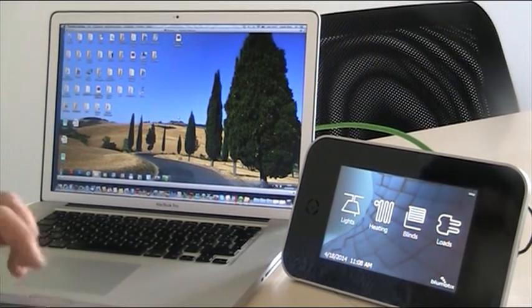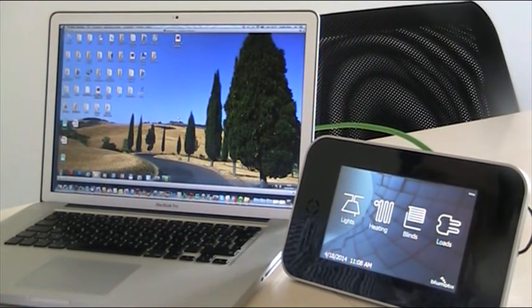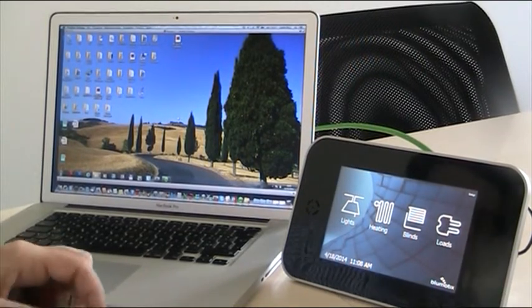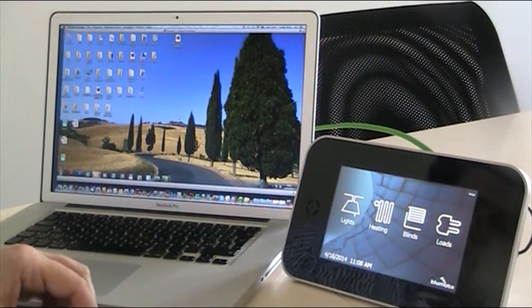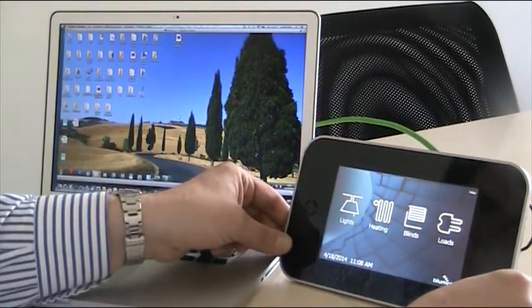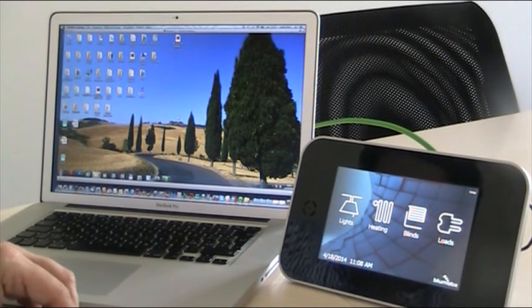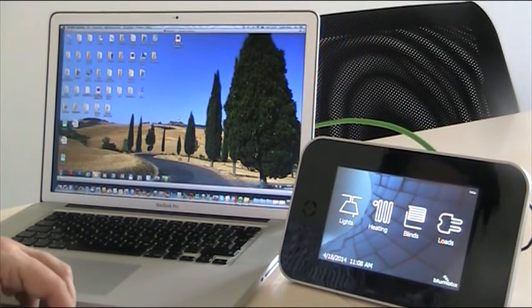Good morning. We are here to explain how to manage the program procedure for our touch panels. Here it is possible to see the Kairos 7, our medium-sized touch panel,